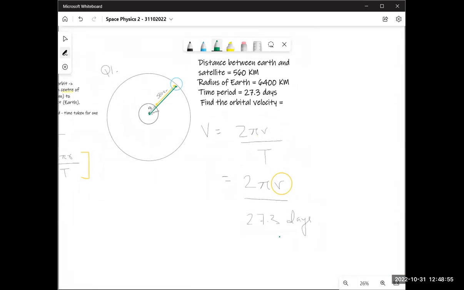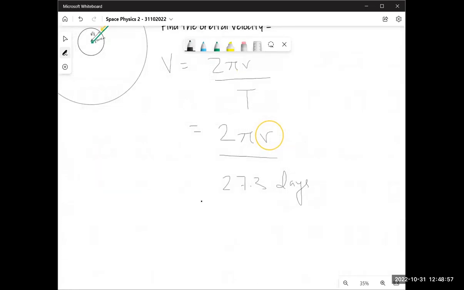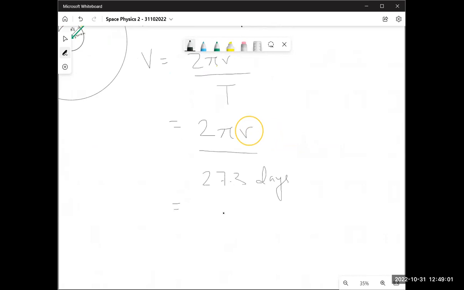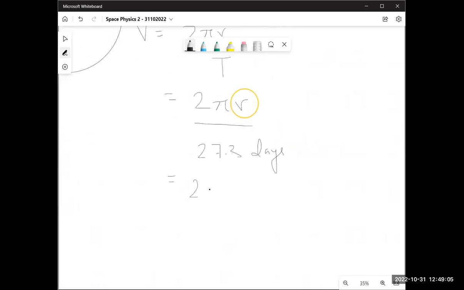I have the answer. You have the answer in the chat. Whoever gives it first gets 2 points. Ayan, Manvi, Anas, let's see who gives it first. So 2 pi r. R is going to be 6400 km plus how much? Uh, 560. The answer is 229. Oh, chat. Don't say it.